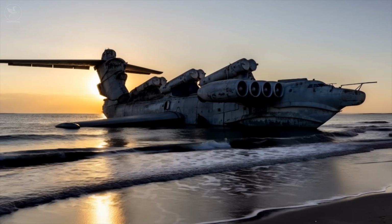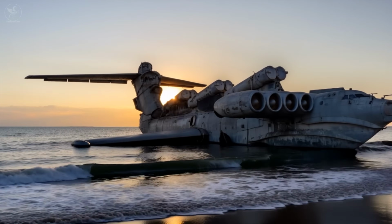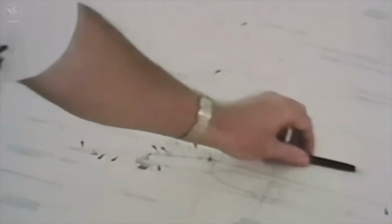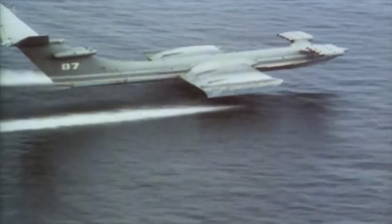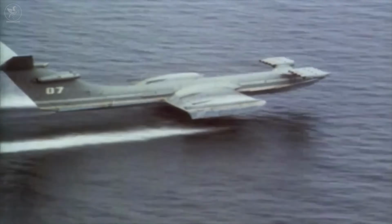The Lun-class Ekranoplan is a remarkable and unusual machine that blurred the boundary between an aircraft and a ship. Secretly developed in the Soviet Union from the 1980s onward, it was a ground effect vehicle that utilized an aerodynamic phenomenon called ground effect to attain high speeds while flying just above the water's surface. It exemplified the extreme measures both sides of the Cold War took in creating new weapons and technology to surpass